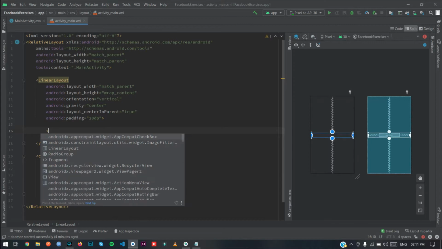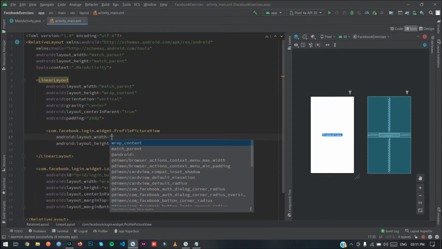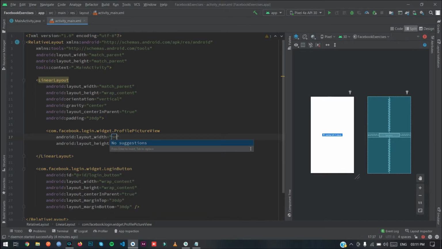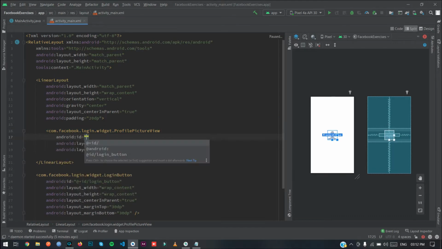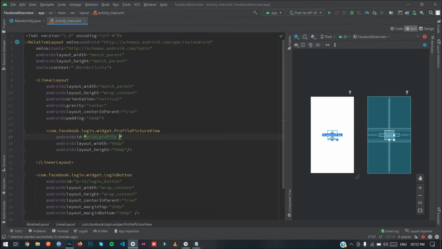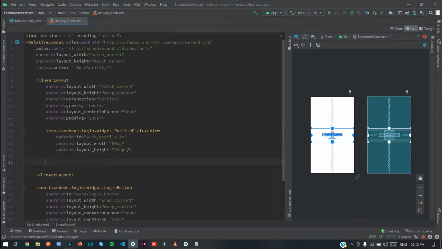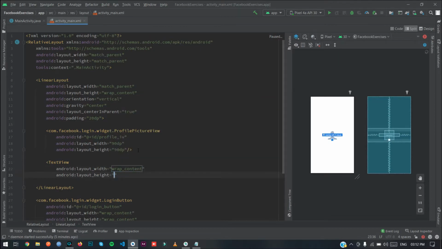In this one, type profile picture view, which is provided by Facebook SDK, which I have already integrated in the previous tutorial. So the ID, I'm gonna give it a name as profile image view. And then I'm gonna type text view, which will be wrap content,